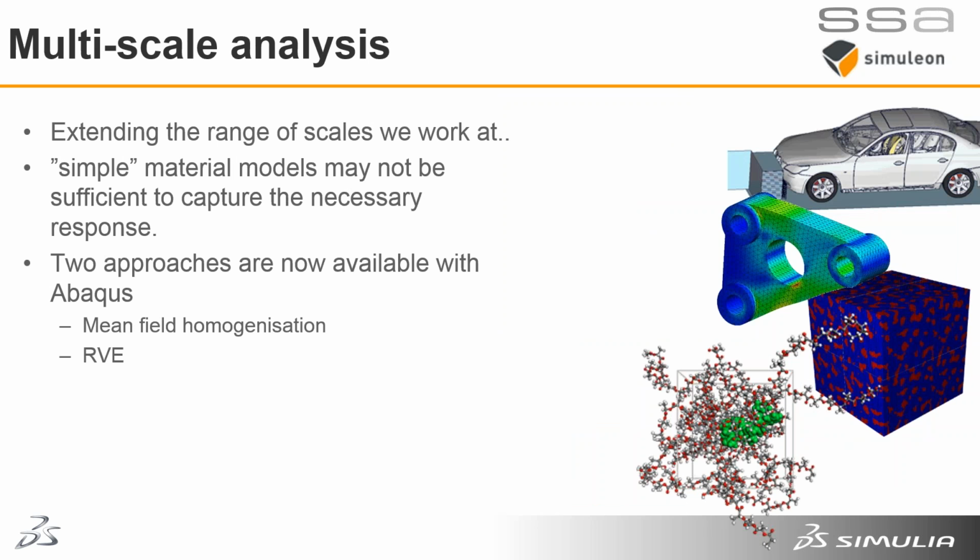One of the big themes in the world of SIMULIA at the moment is multi-scale analysis. I think everybody who's a finite element engineer is used to different levels of detail in different sizes of model. We can have local models, we can have sub-modeling, so we're already very used to the concepts of multi-scale analysis. The direction of travel with SIMULIA is to extend that at both ends. The most specific end that we're working with Abaqus at the moment is a downward scale approach